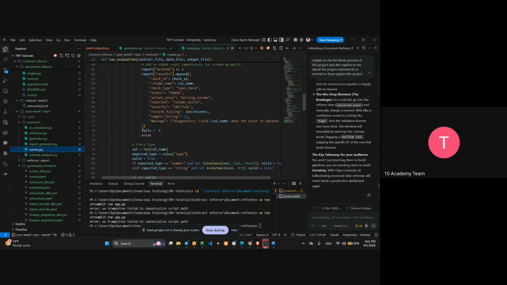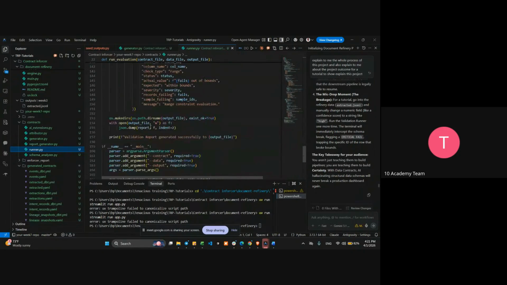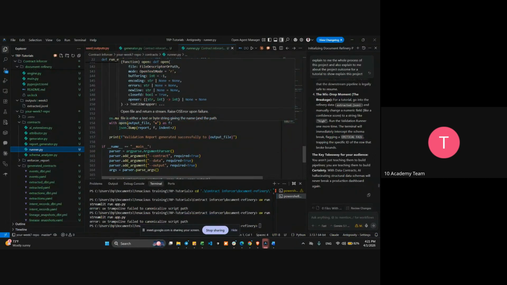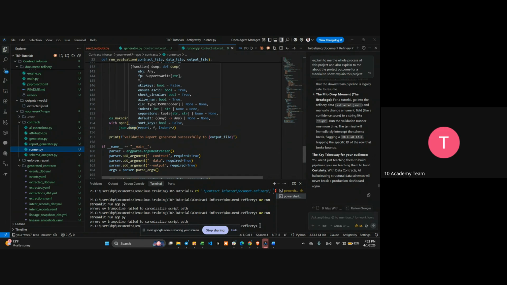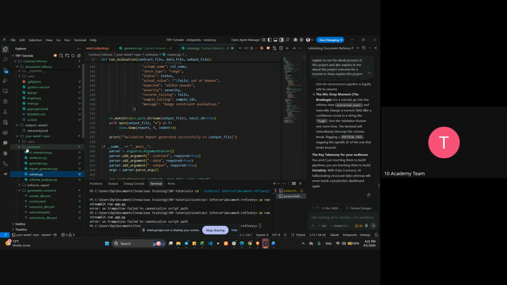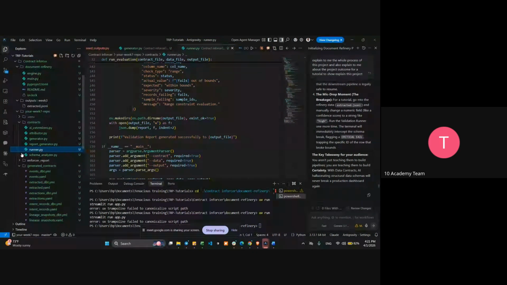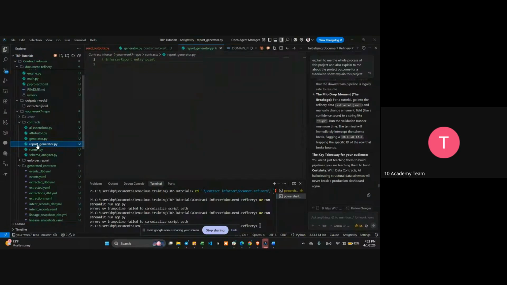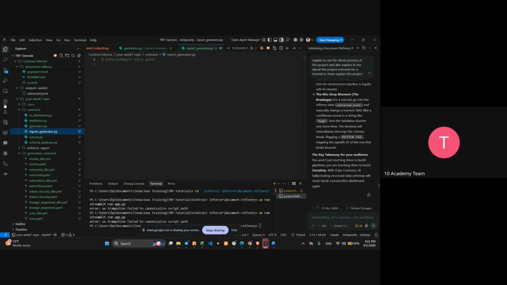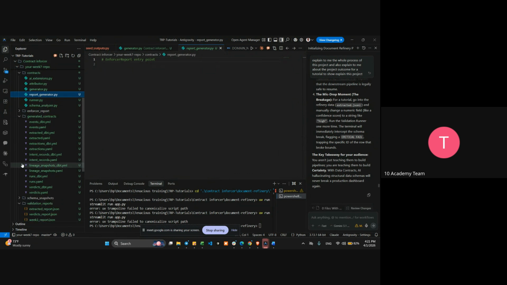So we'll get to it. We'll see what the outputs look like for this project. We have the pass or fail. The evaluation is made using the pass or fail kind of evaluation, so it will evaluate it as a pass or fail one. Based on that, we have the report. Here we have the report generator, which is going to be continued for a while to work on that. Based on the contract, these are the generated ones.